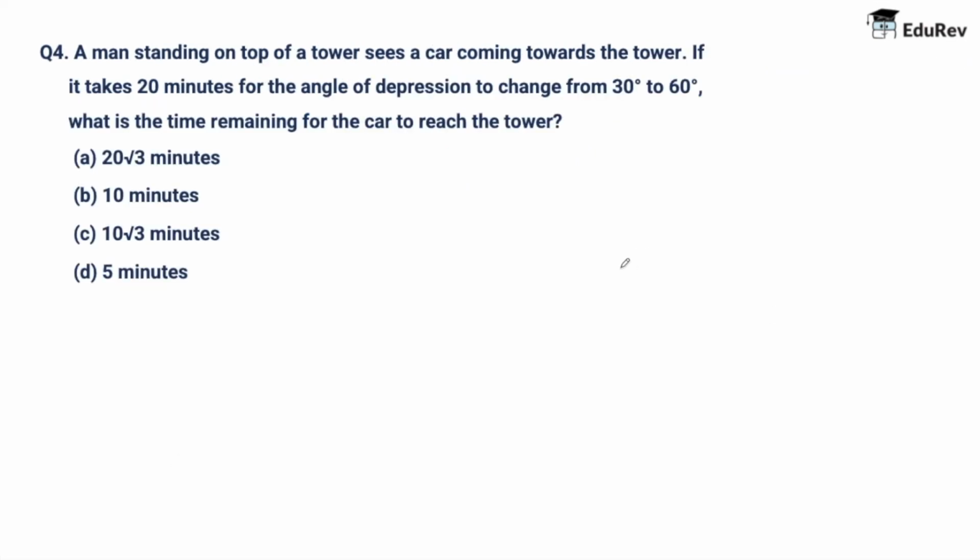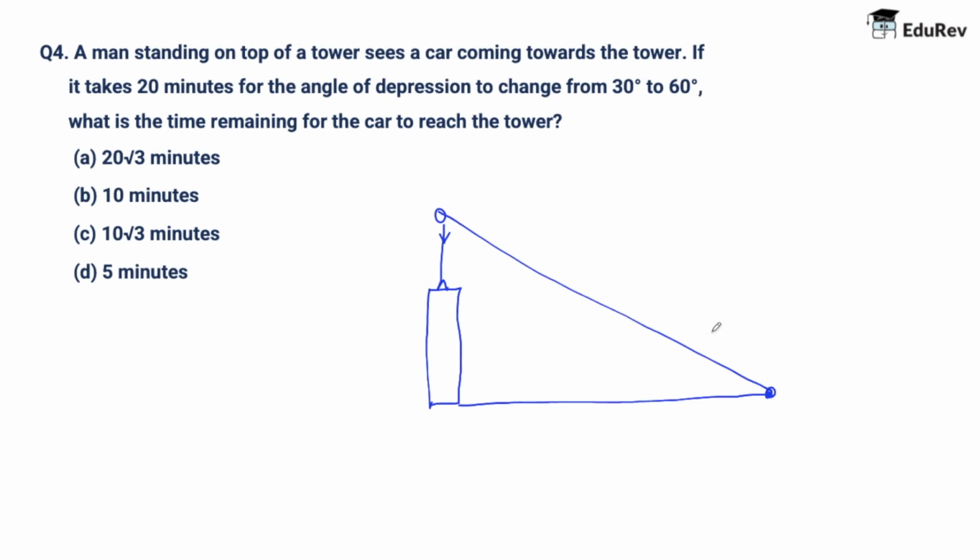Alright, so let's start with question 4. Now a man standing on top of a tower sees a car coming towards the tower. So let's suppose this is a tower and this is the man that is standing on top of the tower. If it takes 20 minutes for the angle of depression, so let's suppose here is the car and the angle of depression is going to be what? This is going to be the angle of depression, that is the angle by which this man is